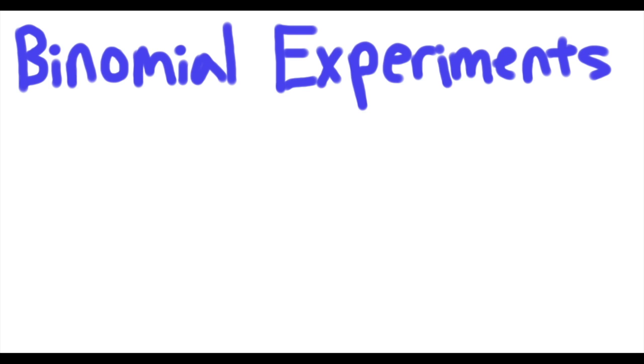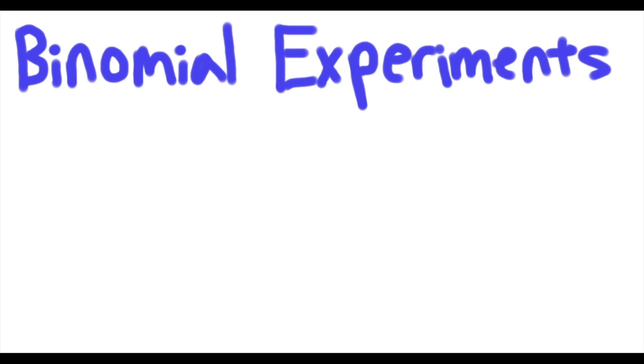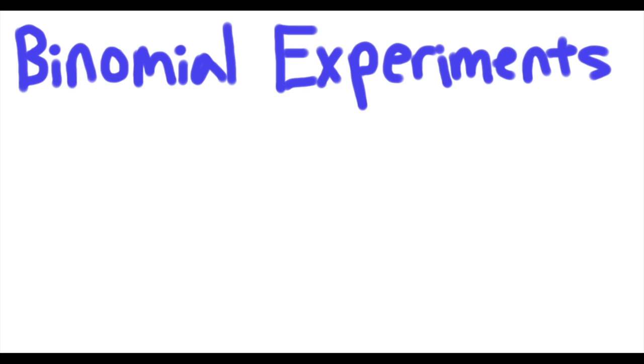In the article Agassi wins again, the concept of binomial probability is referenced. In a binomial experiment, there are two mutually exclusive outcomes, often referred to as success and failure. Along with success and failure, there are several more conditions to satisfy in a binomial experiment. First of all, there has to be a set number of trials. In the context of tennis and Agassi, this asks the question of how many rounds, games, or sets are we